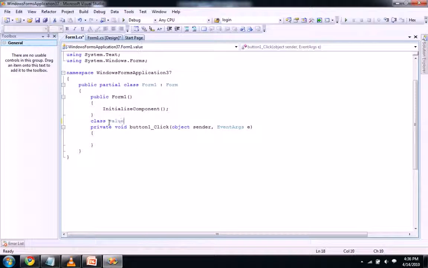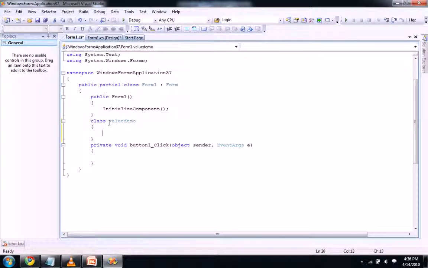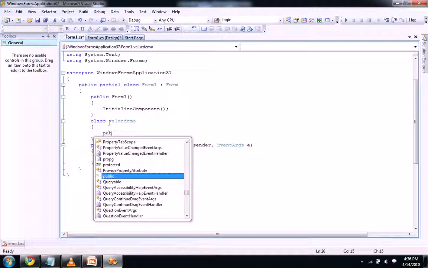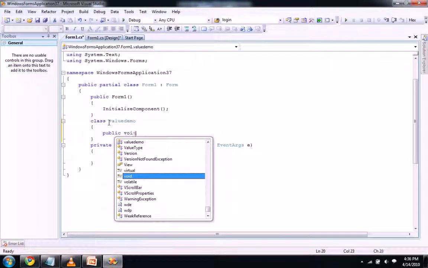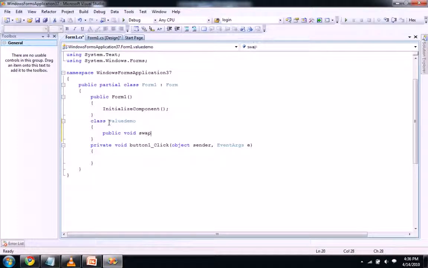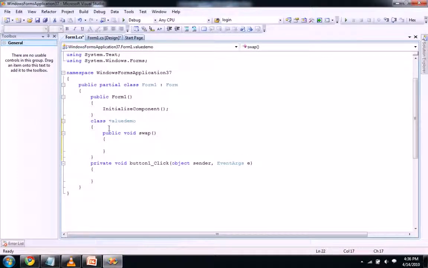Name your class ValueDemo and create a method, public void swap. I want to swap two numbers here. This is our called function.